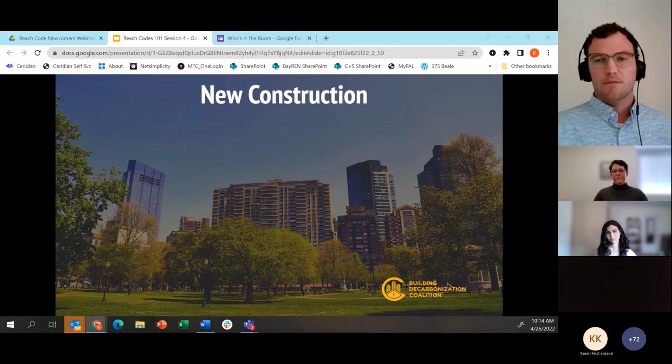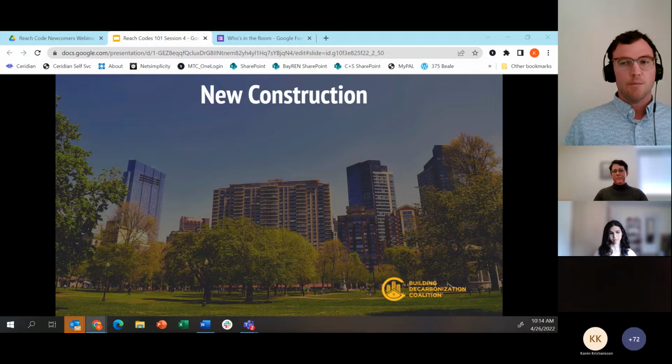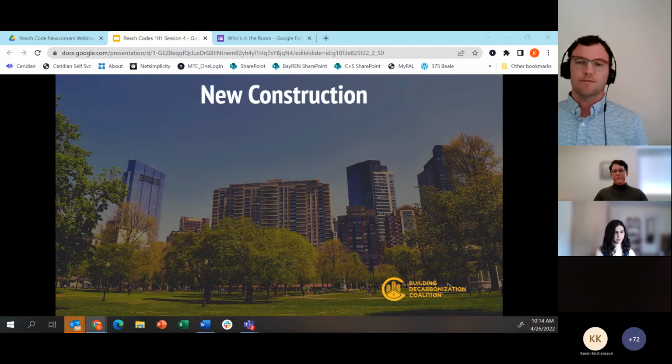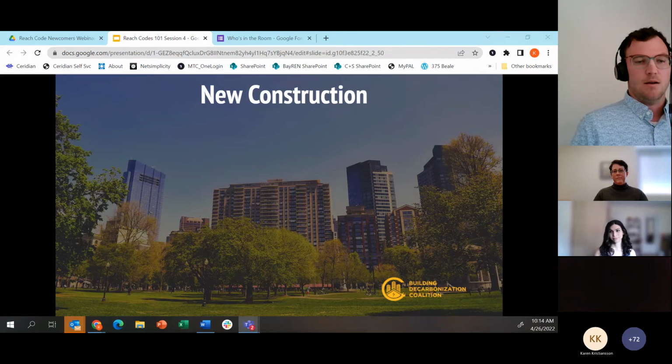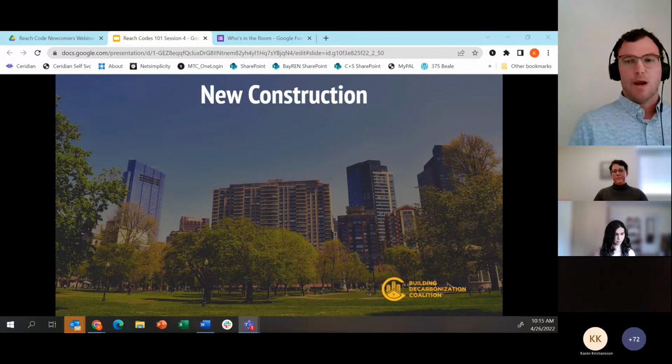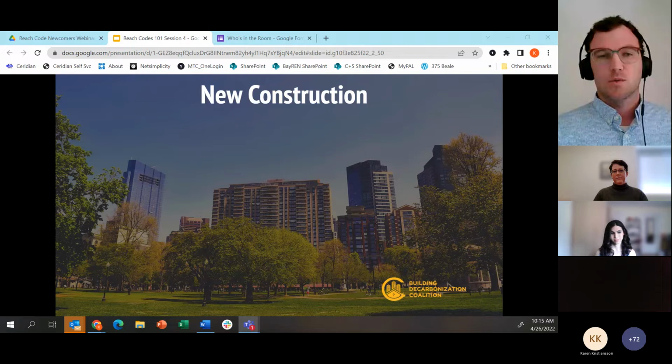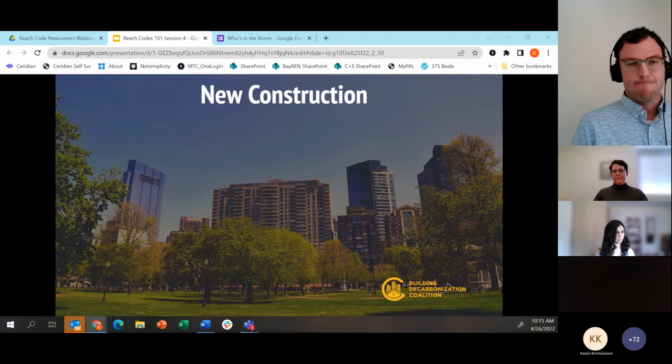So we'll talk about the various mechanisms and requirements for each approach, some different considerations that we've seen local governments take in comparing the various approaches, and then I'll close with some examples. Next slide, Karen.